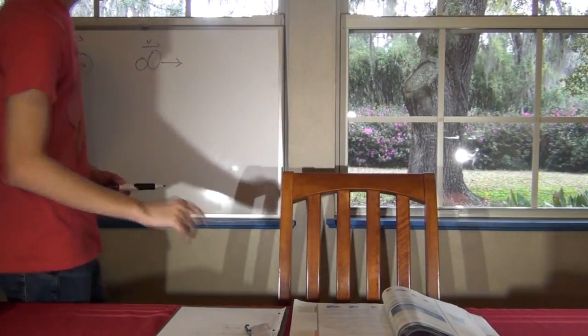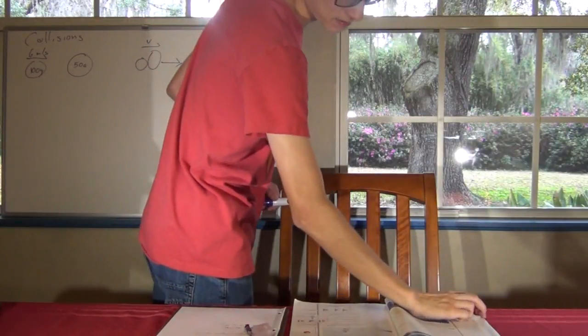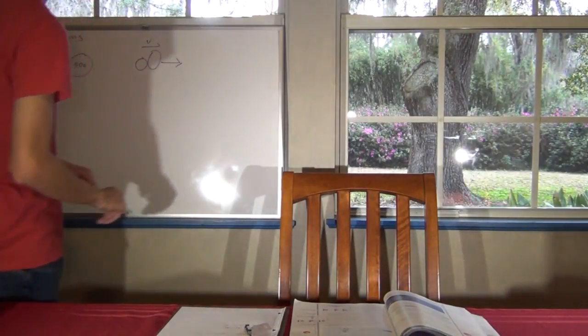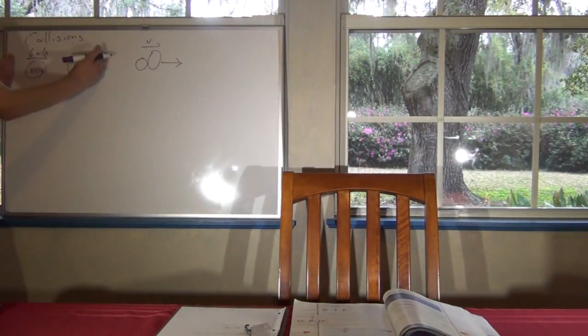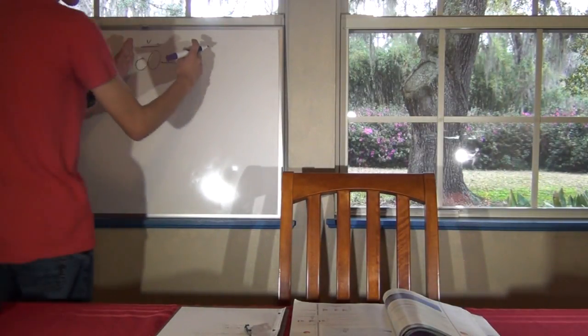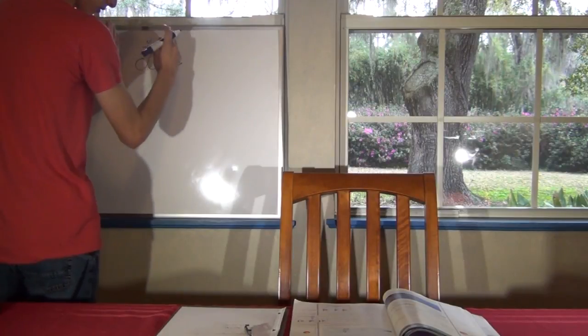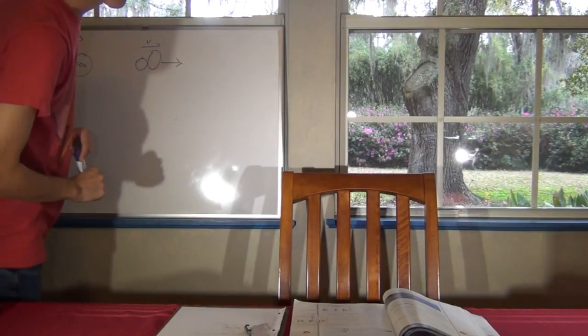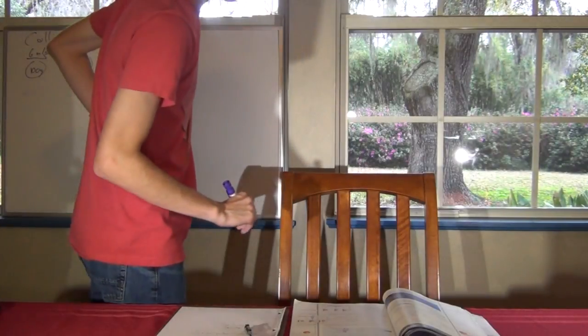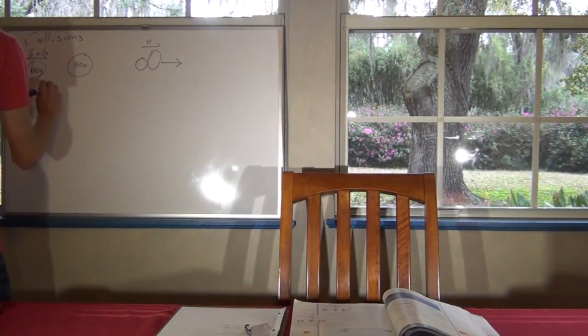Well, how do we find v, you may be asking? Well, we simply use the law of conservation of momentum. We take the momentum of the entire system before and equate it to the momentum of the entire system afterwards. And so, we take the mass, 100 grams, which is going to simplify very quickly. Remember, you always have to use SI units, so 0.1 kilograms multiplied by 6 meters per second,